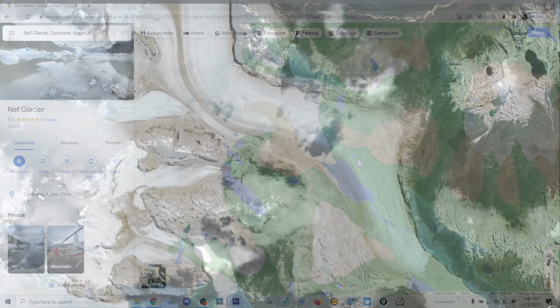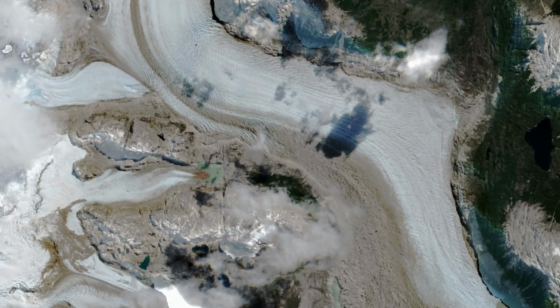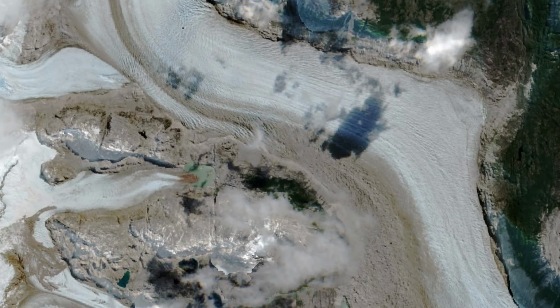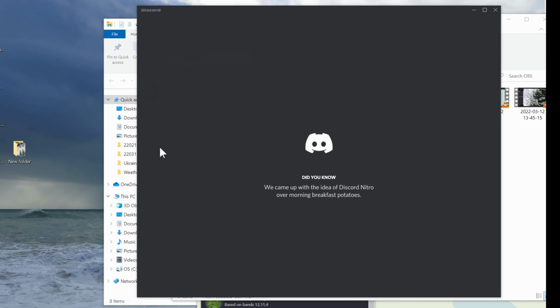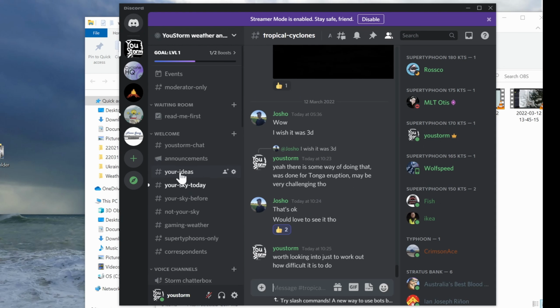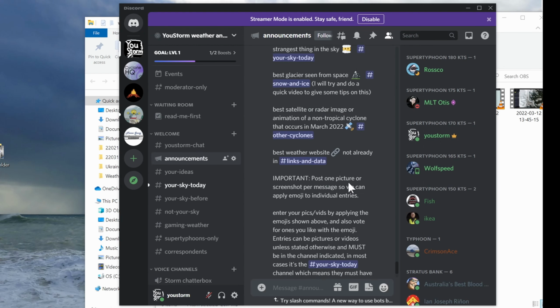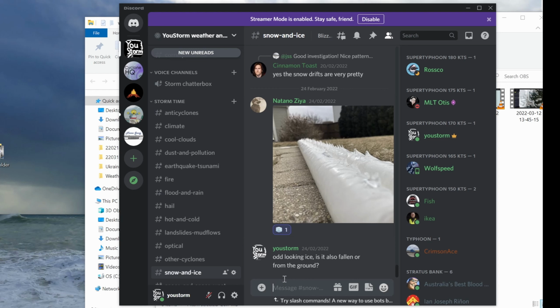So this is going to be our image, and now I'm going to upload it to our Discord for submitting to the competition. For that, I'm going to load up Discord, and then I think I've made the competition in the, let's see, sections for best glacier seen from space goes in snow and ice. Go to snow and ice, and then I'm going to type in Nef Glacier, Argentina,